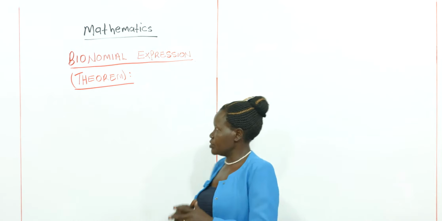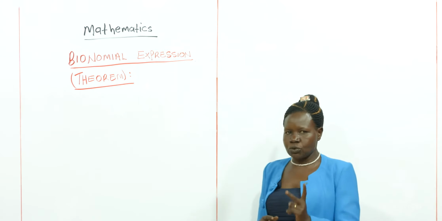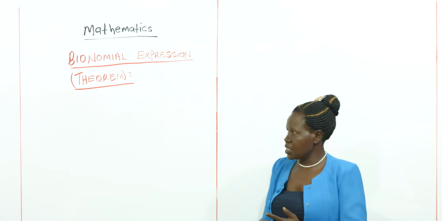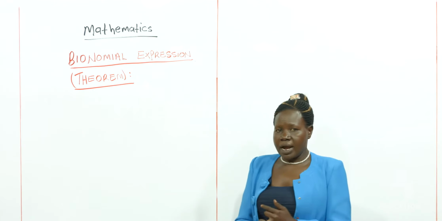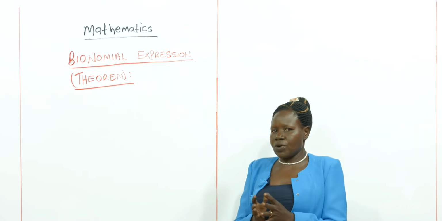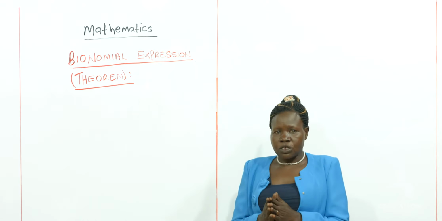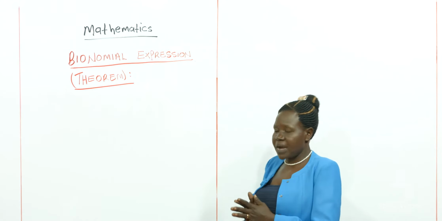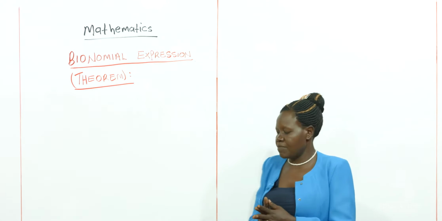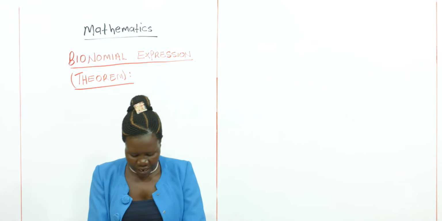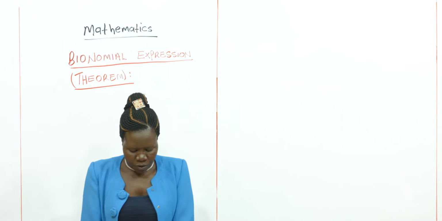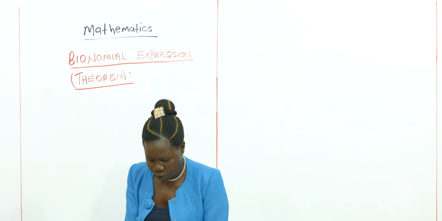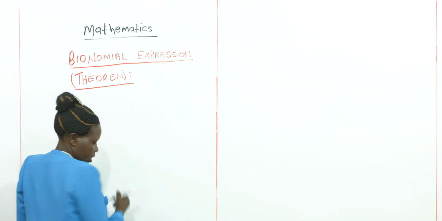Remember, when we were introducing this part, we said that bi means two. We have looked at permutation, and then we have also looked at combination. These two components form what we call the binomial expression. So we are now entering deep into the real part of the binomial expression itself. We have just said it is a branch of mathematics that deals with algebraic quantities. So we define it as